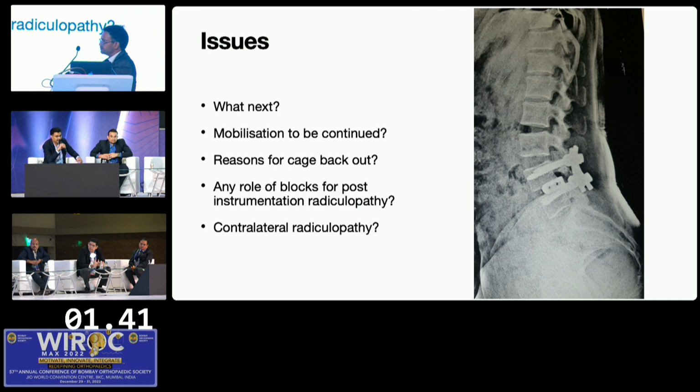Now, since we are on this topic of cage, the cage looks very fancy when it sits inside, but we need to understand the actual fusion surgery is anterior to the cage, right? So if I'm operating, more than 50% of your surgery time should be spent on preparing your end plate and doing a meticulous grafting into the interbody, and the cage is just for mechanical support till the anterior graft takes up. So your main grafting has to be anterior, so you have to go right up to the anterior longitudinal ligament to get the disc out, and these are very, very important points.